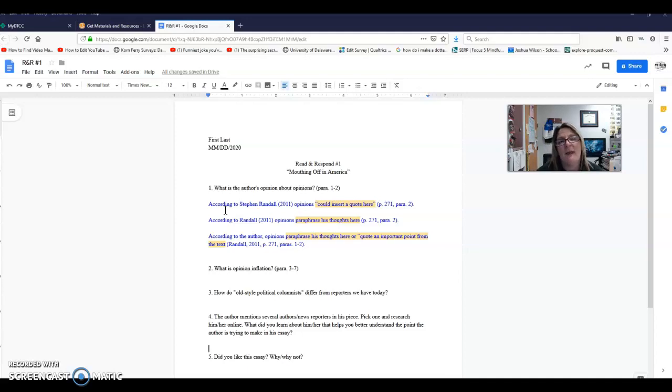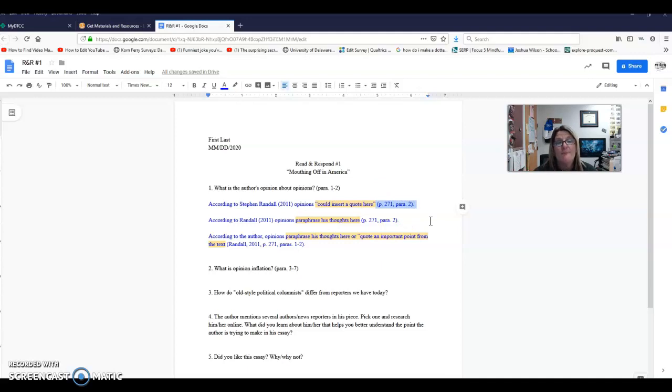As we move forward in the semester, it's okay to start out by quoting your authors, but ultimately, when we're doing college level writing, we want to be paraphrasing what it is that we're reading and not just copying and pasting quotes from the article. But if you do quote something from the article, notice the quotation mark before and after the information from the text, and then this information that you're quoting needs to be exact, literally like you copied and pasted it from the original. The closing quote goes before your in-text citation,